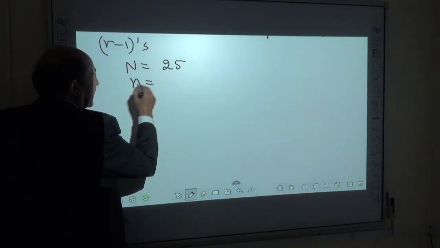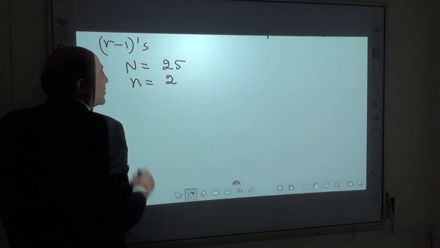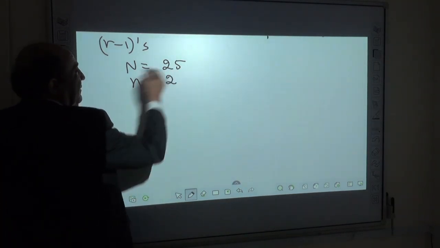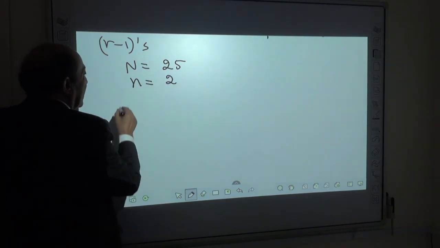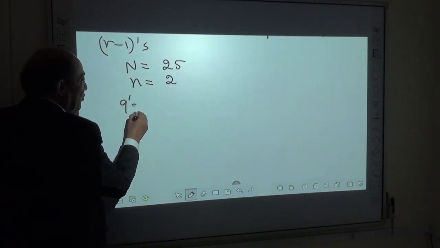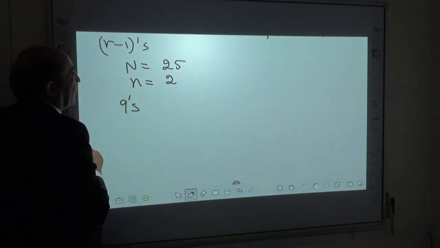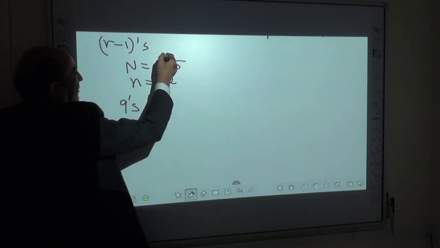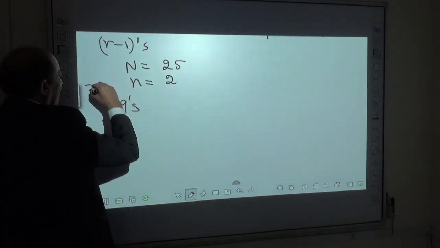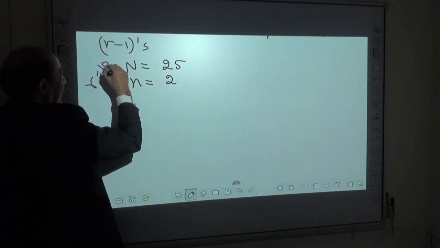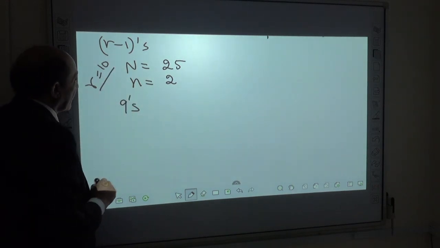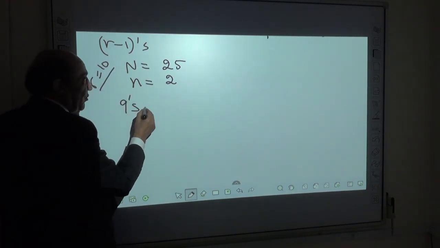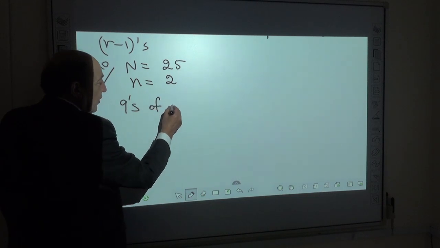Then small n equals 2, since we have 2 digits. We want the 9's complement, because we are in decimal, R equals 10. 9's complement, R minus 1's complement of 25,